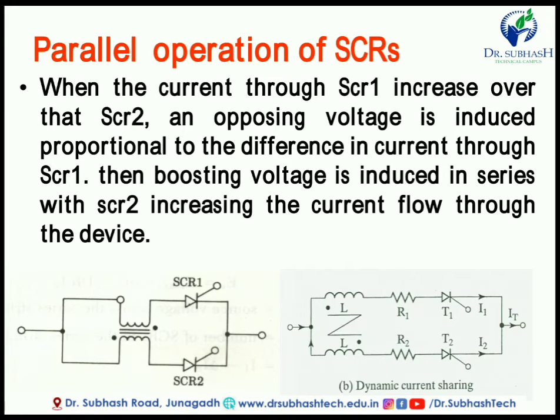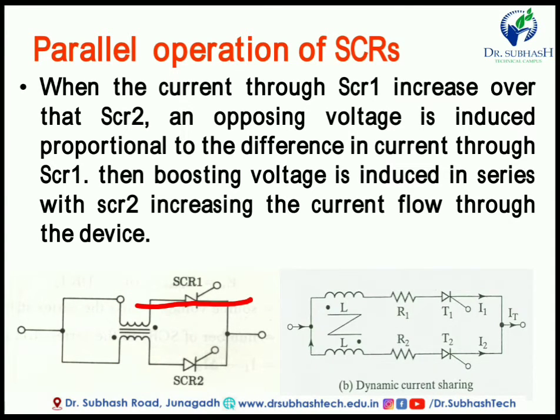Here, friends, you have to remember we have to connect one transformer or simply an isolator, because according to Kirchhoff's current law, at the junction the current of SCR1 and current of SCR2